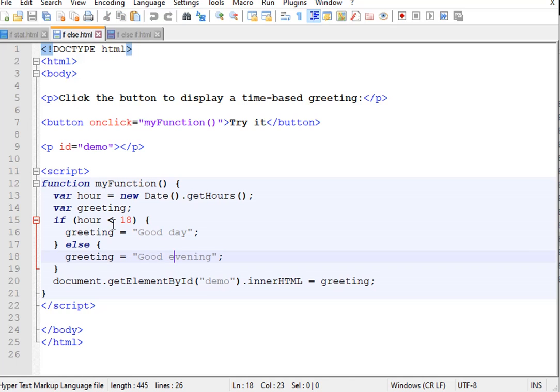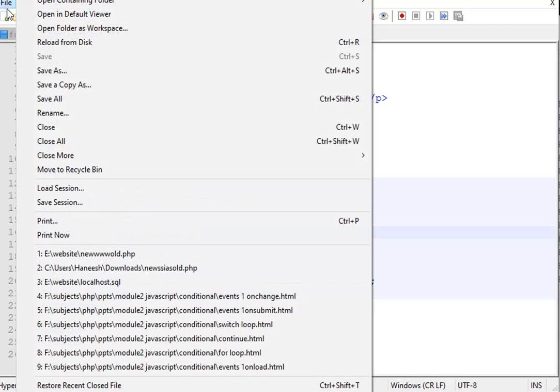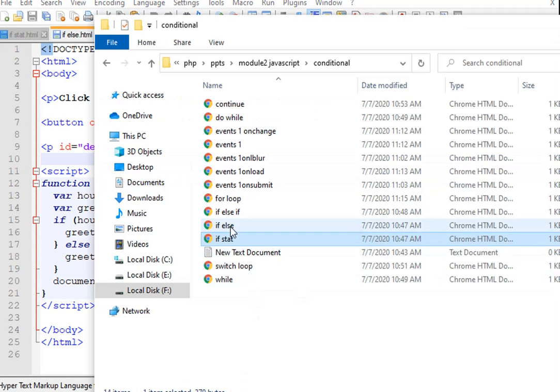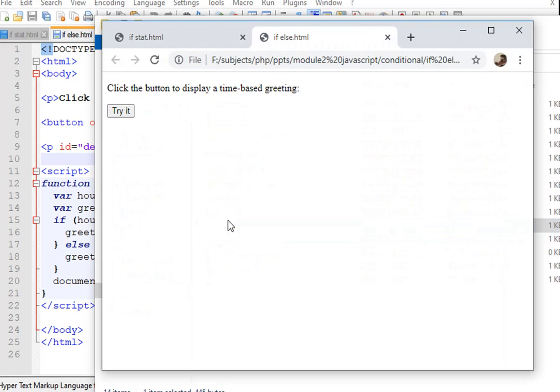So it will run the same program, because on my computer the time is now 1:58. See, save it, then run. If else, good day.